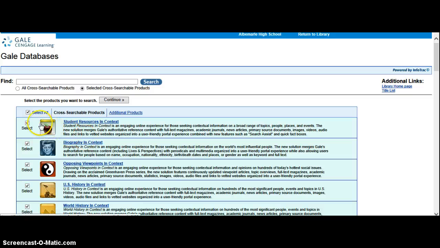But I think what's going to be most beneficial for this project is if you look right down here to the third one down, opposing viewpoints, and it's called Opposing Viewpoints in Context, and you can see here what it describes as an engaging online experience for those seeking contextual information and opinions on hundreds of today's hottest social issues. So what I'm going to do is click on that,